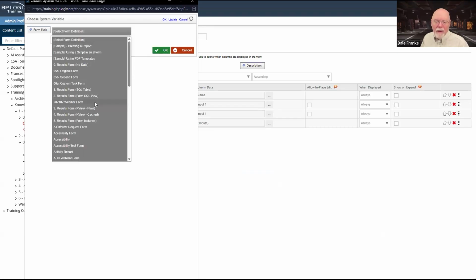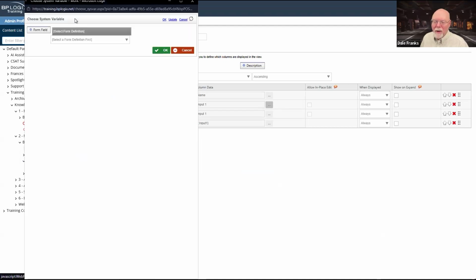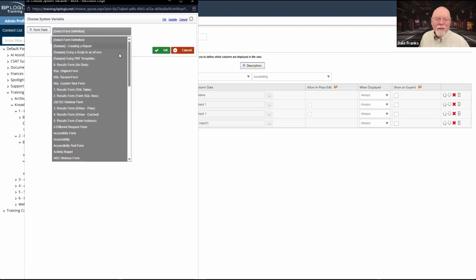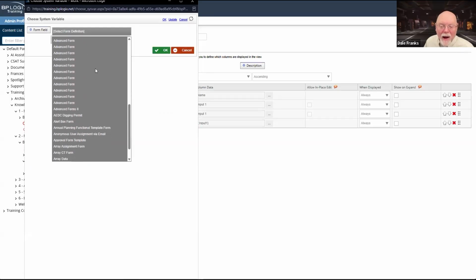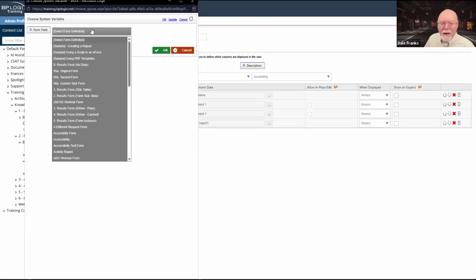So in this case, what is the form? KV2Forms original. So my form definition would be KV2Forms original. And obviously this is not a long enough box for me to pick that. So I'm not entirely sure how I got that. Okay.